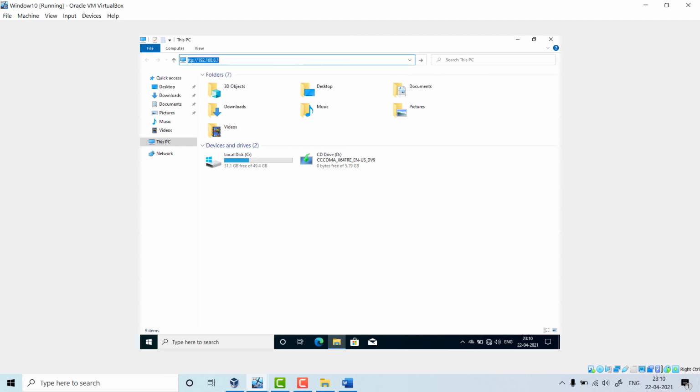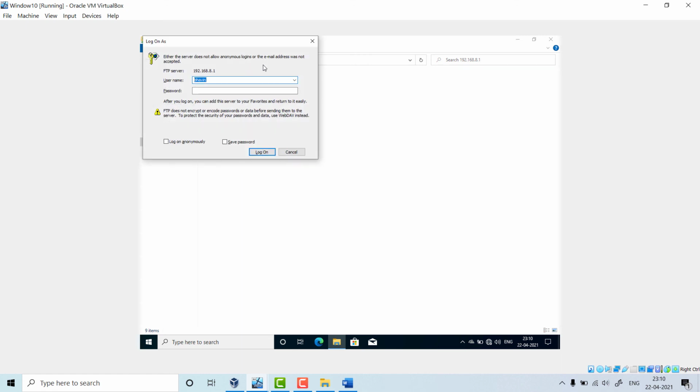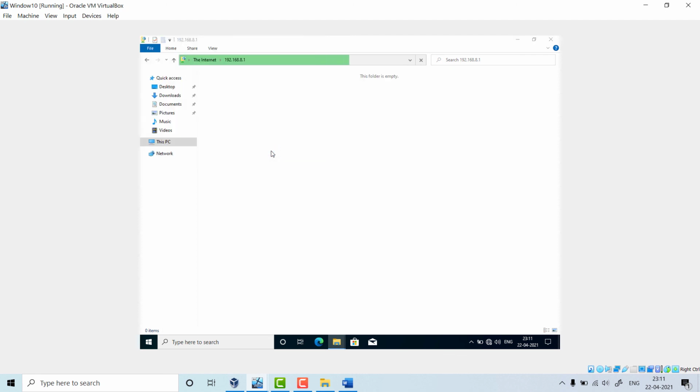Now when I click enter, it will ask for the username and password. So right now we have logged in with Bhavin. So give the username as Bhavin. And password of the Bhavin is student11@123. Now when I click log on, Bhavin will be able to see all the folders that we shared on FTP server. So click on log on.